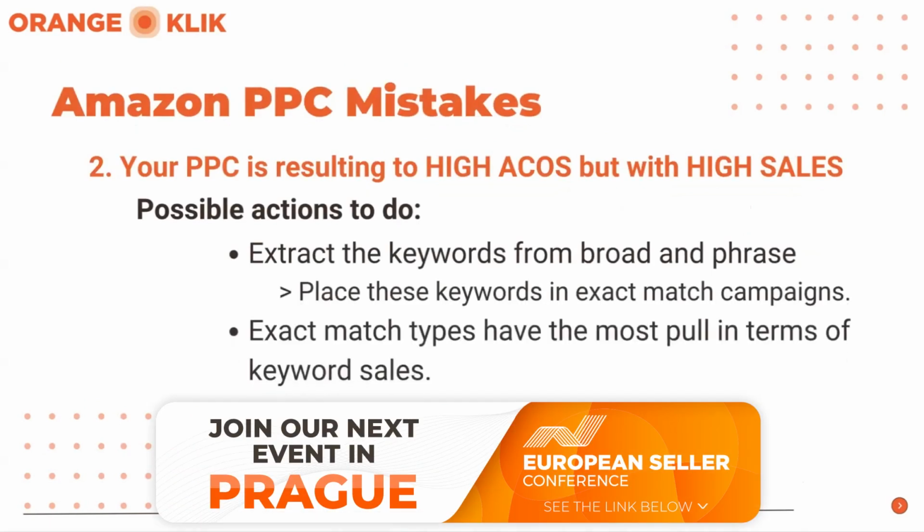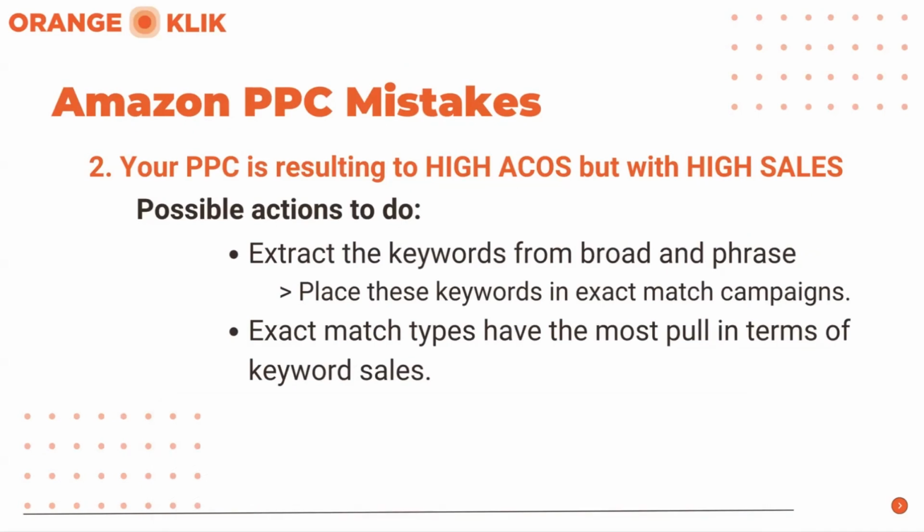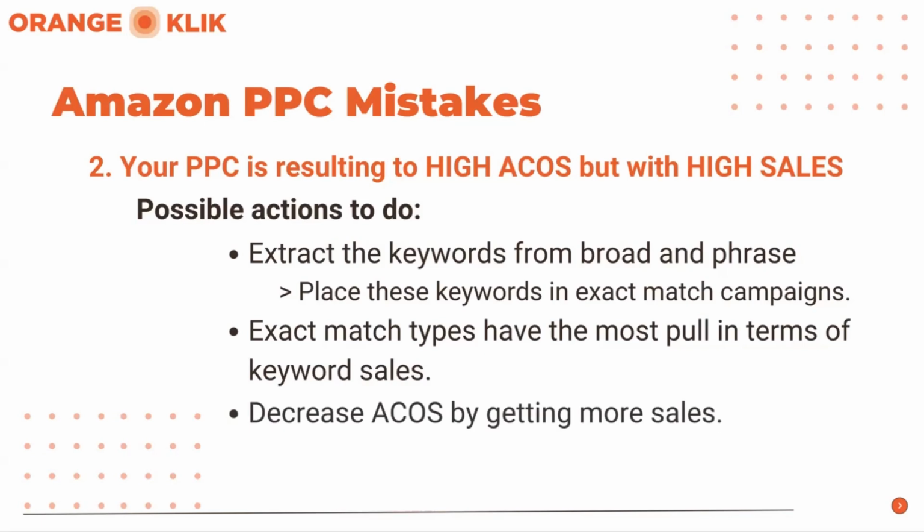Exact match campaigns have the most pull in terms of keywords. The higher your ranking, the more sales you get. Now, I know this might be a little bit harder to attain, but if you have proven that you are gathering more sales from those relevant keywords, then you should focus on testing them in exact match types to increase sales, without the unnecessary keywords that are underperforming. And make sure that only those high-performing sales keywords are being highlighted in your exact match campaign.